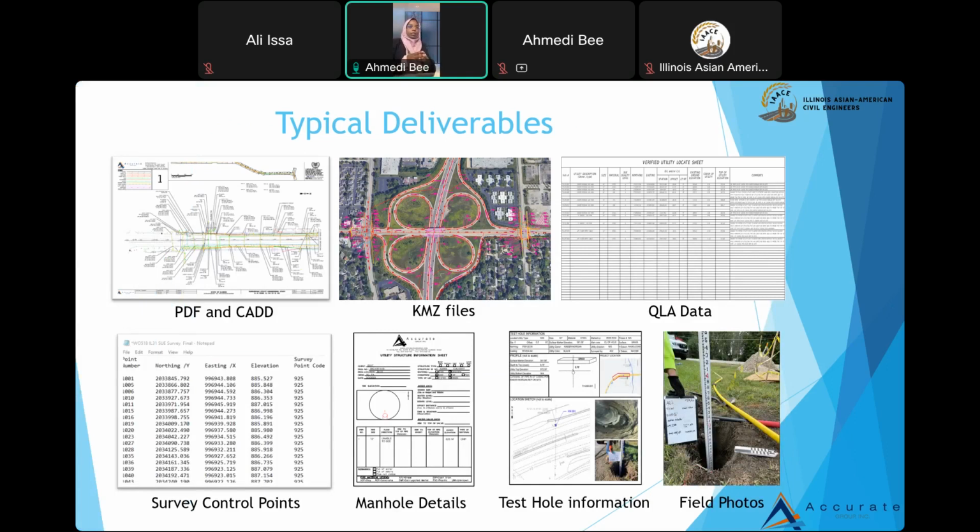We give them KMZ files, all the utility matrices. We give them raw survey data, all manhole details. Once they get the test hole information, we give them all test hole information with the photos of what they get in the field. So all this information will be helpful for the contractor to understand what's out there,